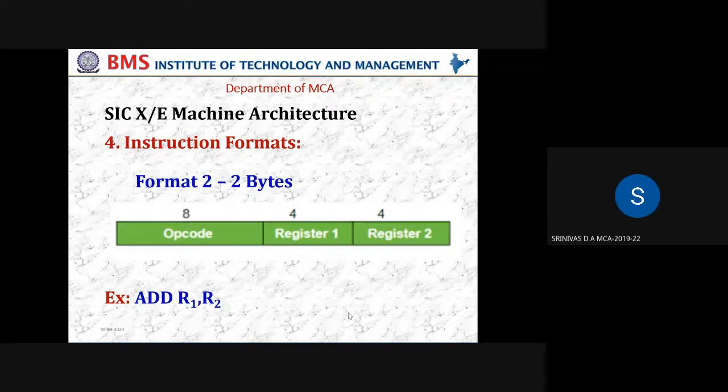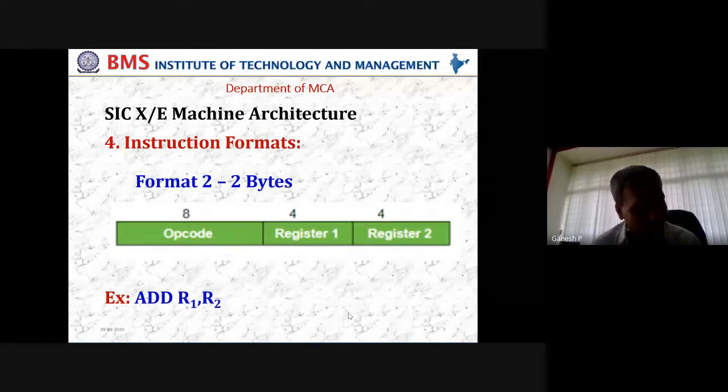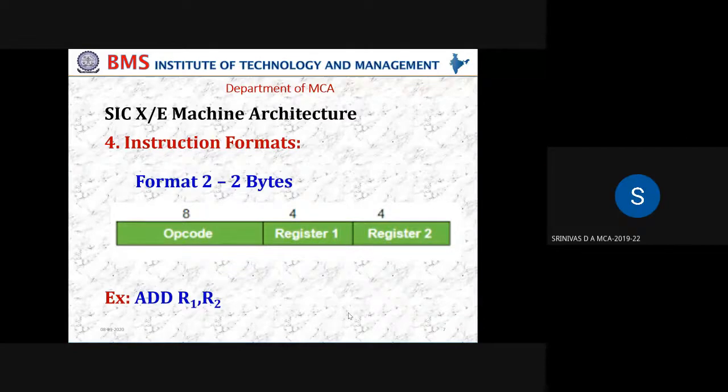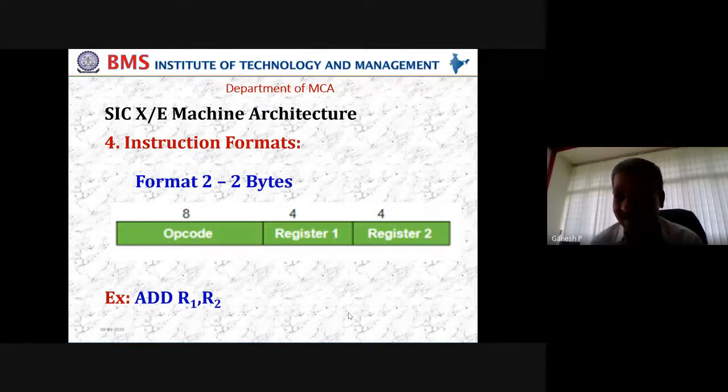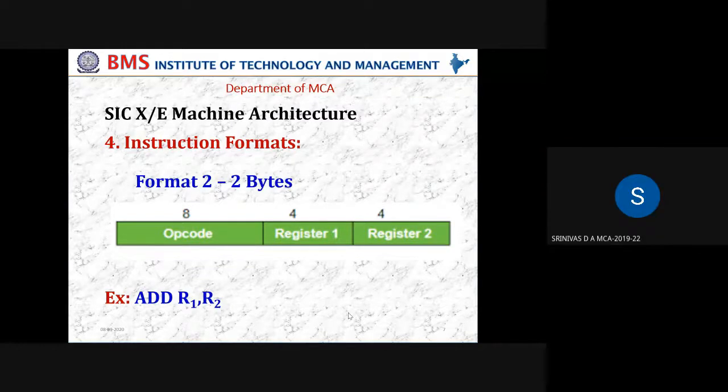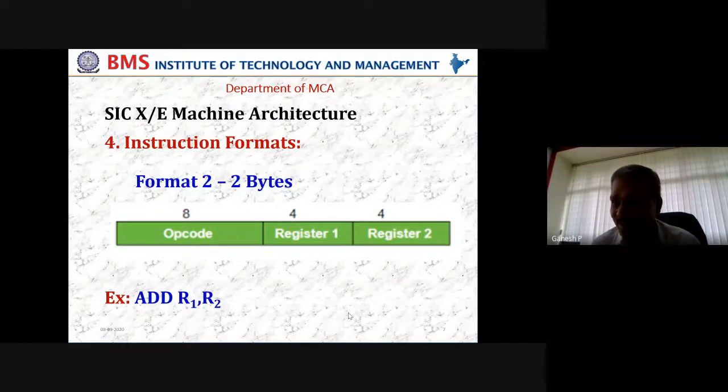Sir, all those numbers can be represented using 4 bits. Which numbers? Like the register numbers, that is 0, 1, 2, 8, 9. You mean to say that? Yes, sir. Okay, but I can represent those numbers in 8 bits also, no? I can represent 1 also in 8 bits, 16 bits, 32 bits. Why only 4? Good. Your answer is 70% right.